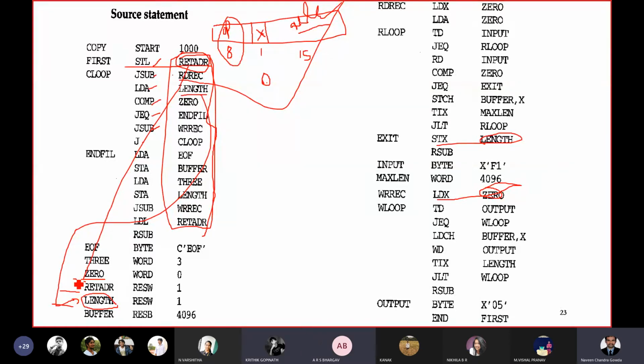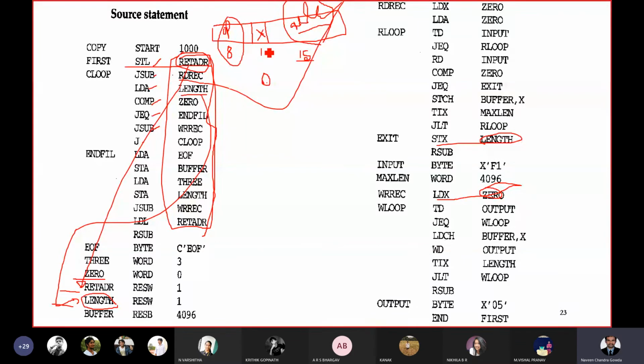Yes, sir. When it is acting as a label at one location or another of your program, it will have its own address. That address itself you need to consider as the operand address, and you need to put that address in the form of 15 bits instead of 16 bits. So in the fields of your opcode, X and address, when X is 0, the address will never change.